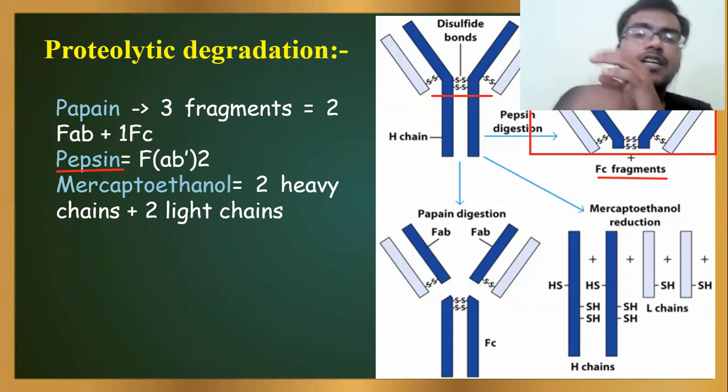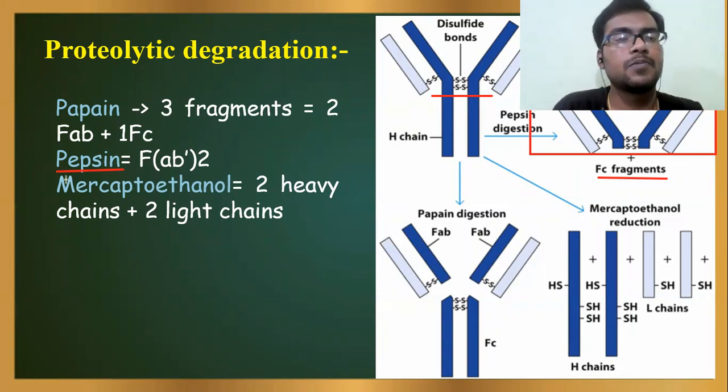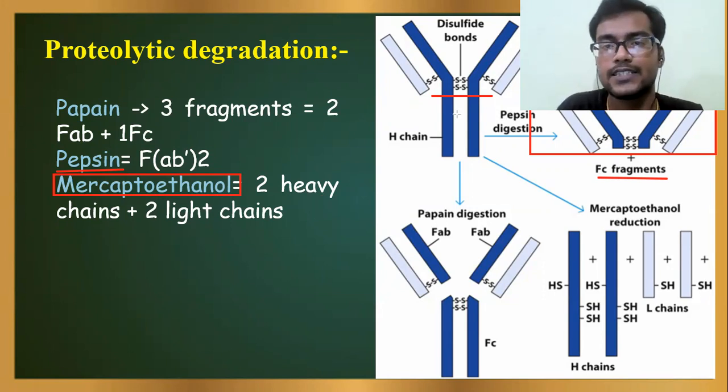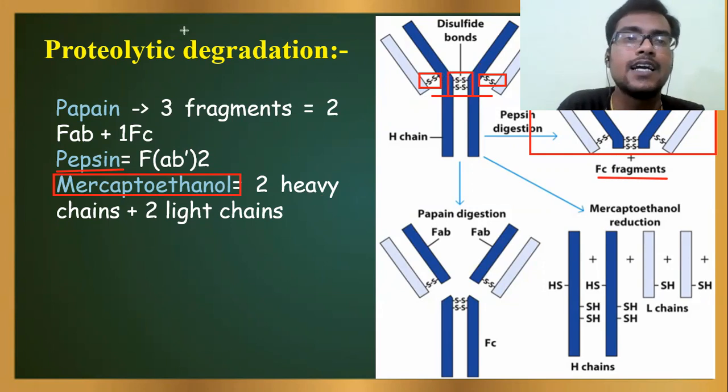Then comes mercaptoethanol. This reagent breaks the disulfide linkages. Where are the disulfide linkages? Here is a disulfide linkage, here one is a disulfide linkage, here 2 disulfide linkages. So it breaks those disulfide linkages. That's why it separates